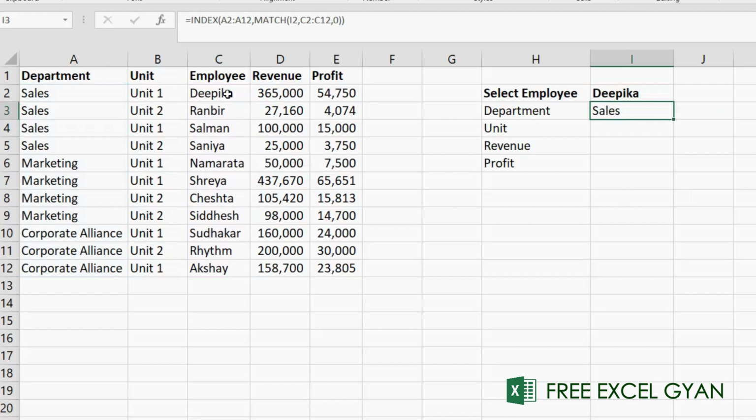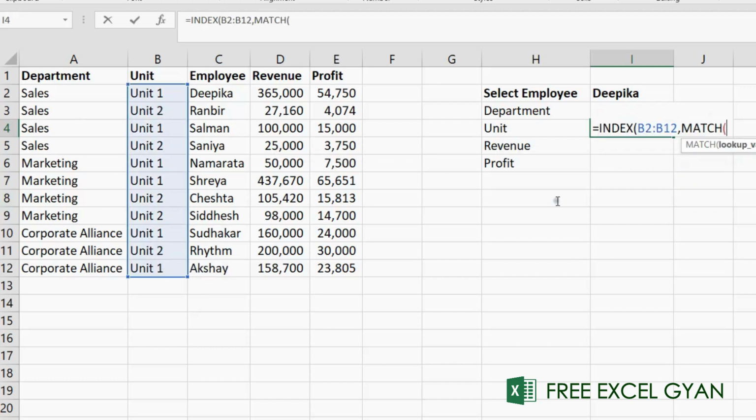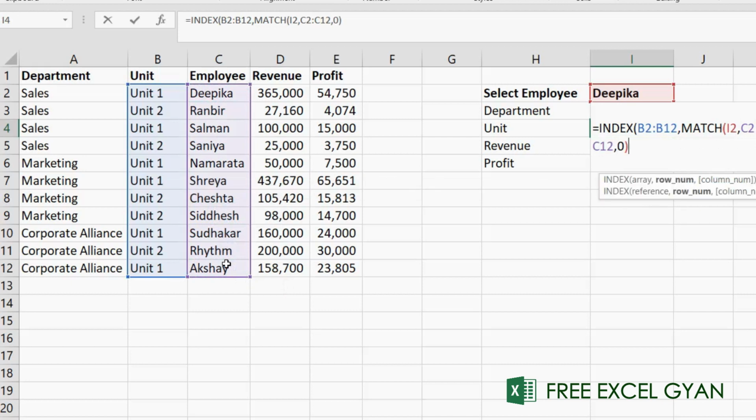Did you see how easy it is and surely much better than the VLOOKUP formula? The only thing you need is to try it yourself again and again to get used to the index match function, and I can guarantee you will never use VLOOKUP again in your life. Similarly, you can apply it to the remaining fields also. I am fast forwarding it to cut short the video.